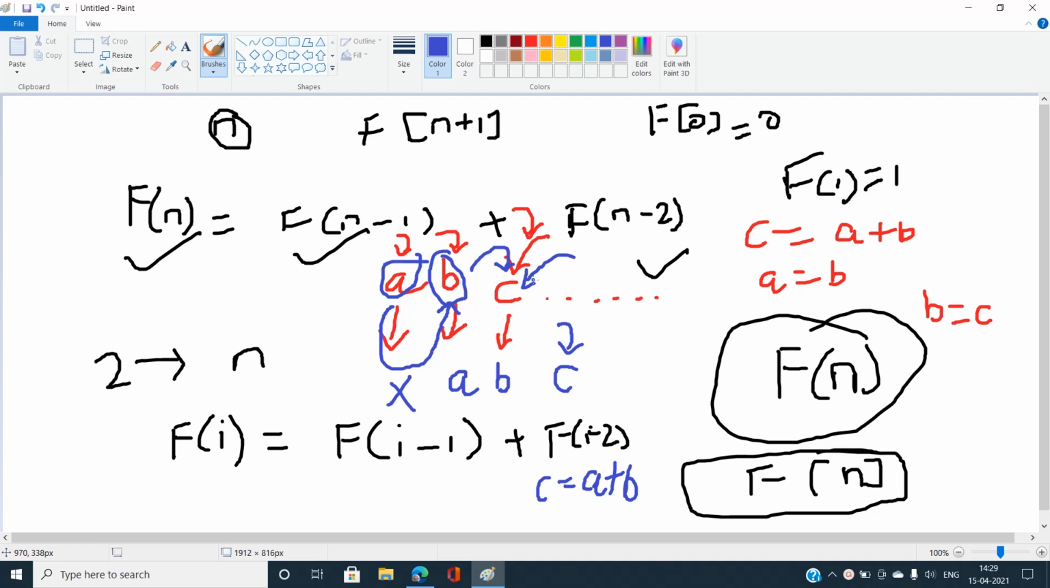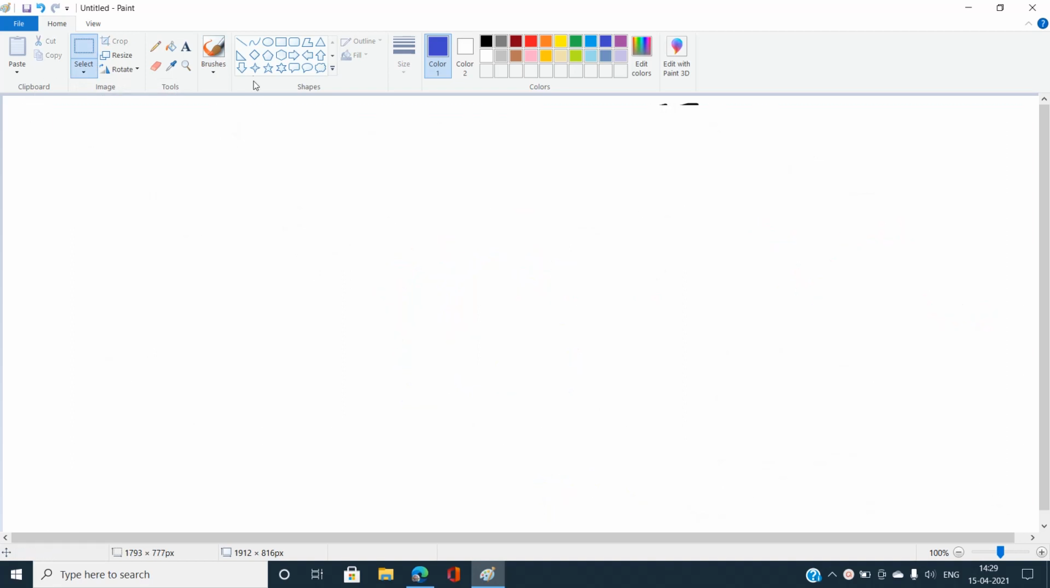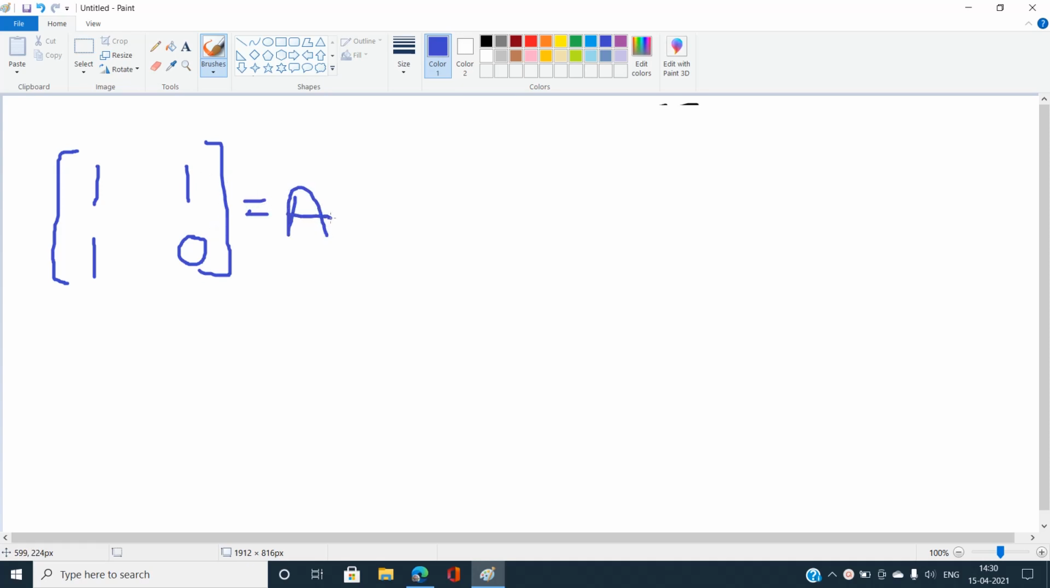Okay, so let me introduce another method to find the nth Fibonacci number. The nth Fibonacci number can also be calculated using a 2 by 2 matrix. Let's say this is a 2 by 2 matrix, and call it A. Then if we calculate the value of A power n,